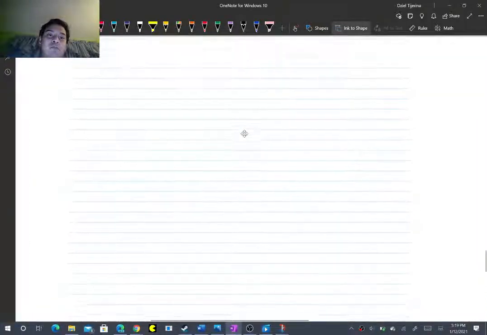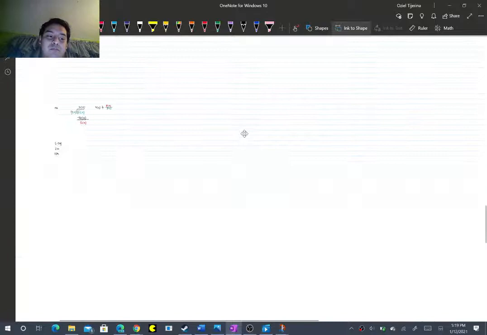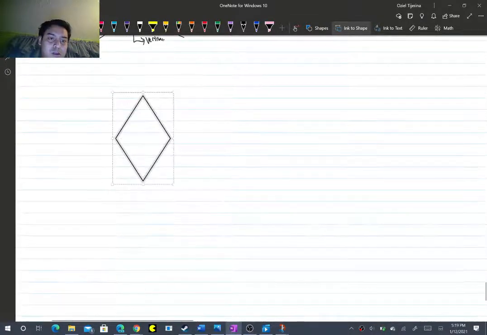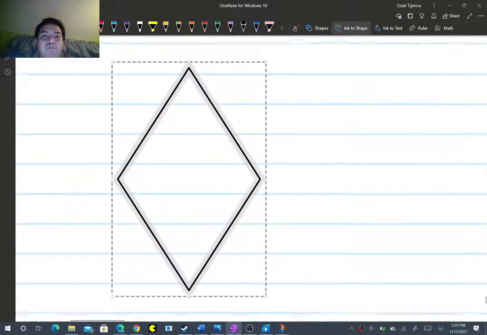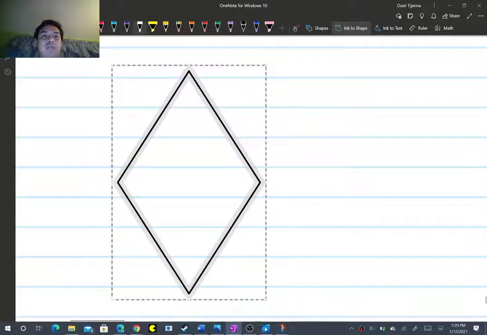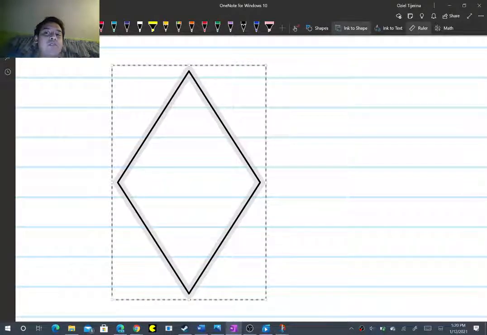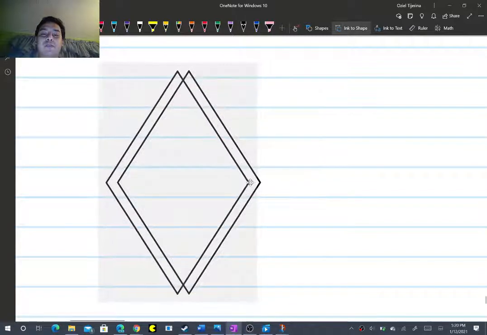I'm trying to show you guys exactly why it would be considered a diamond shape kind of, or you can also think of it as a kite, but that's also considered, I think, a parallelogram. But anyways,